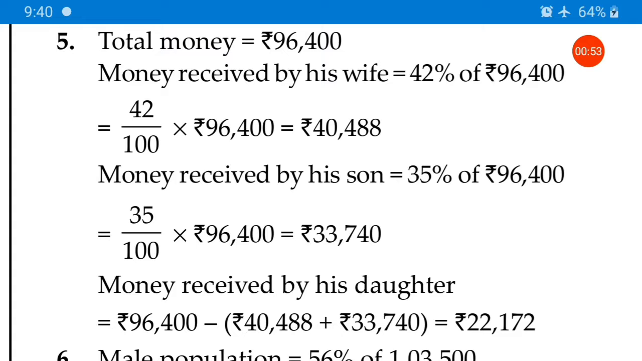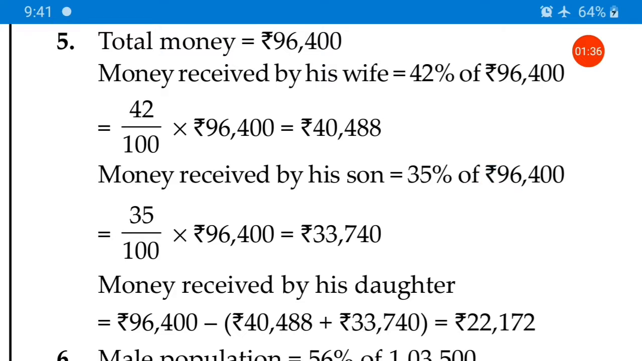So here question number 5, it is a word problem. Mr. Gulati has rupees 96,400. He gave 42% of the money to his wife, 35% to his son, and the rest to his daughter. Find the share of each person. Once again I am reading the question. Mr. Gulati has rupees 96,400. He gave 42% of the money to his wife, 35% to his son, and the rest to his daughter. Find the